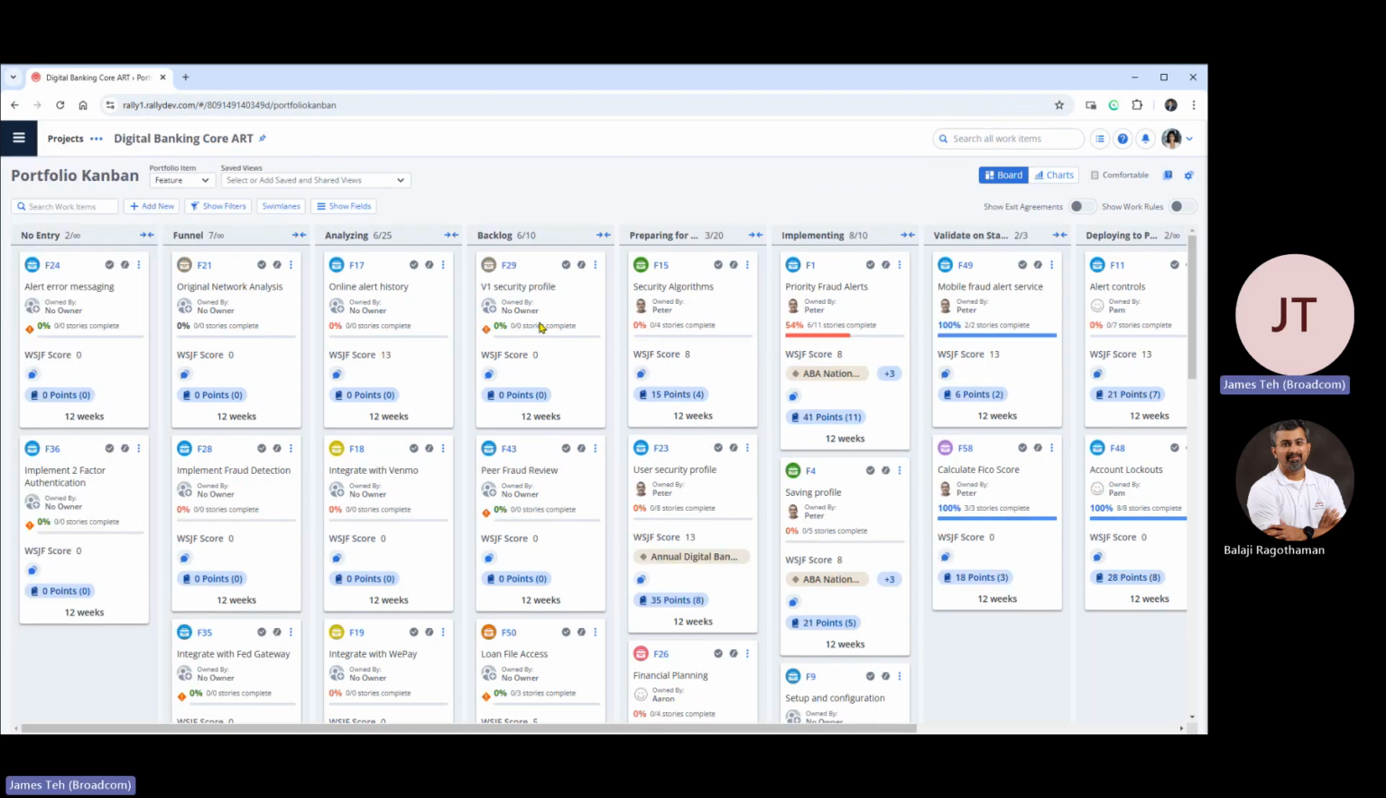So you can see here, this is the Kanban for the digital banking agile release train. Right? So I've got different features in different states, in different columns. Now, of course, these columns can be configured, modified to suit your organization's requirements, right? Out of the box, we just follow the SAFe headings, right? So funnel, analyzing, backlog, preparing, implementing, and of course, I can click and drag and move these items around, right, and promote them,